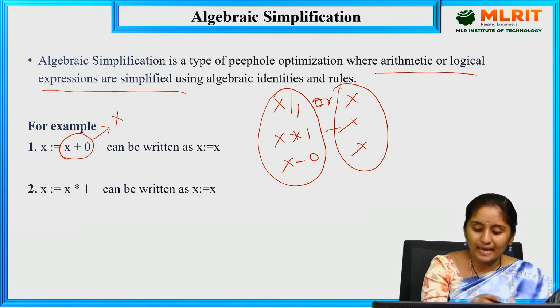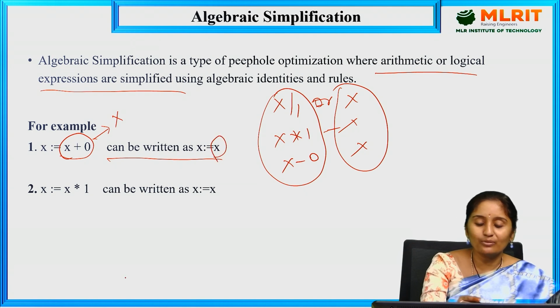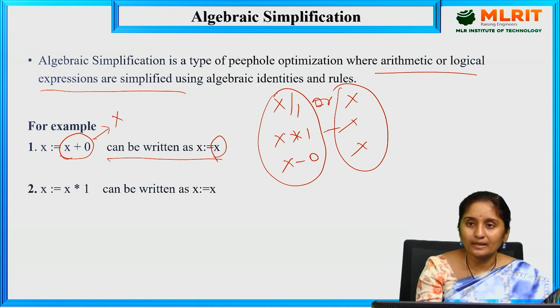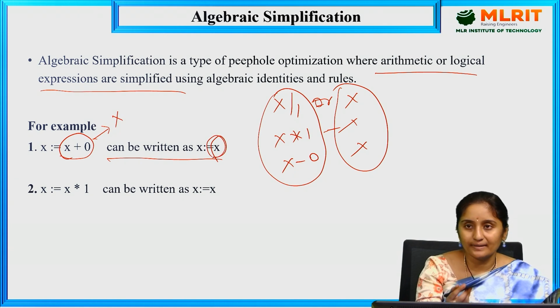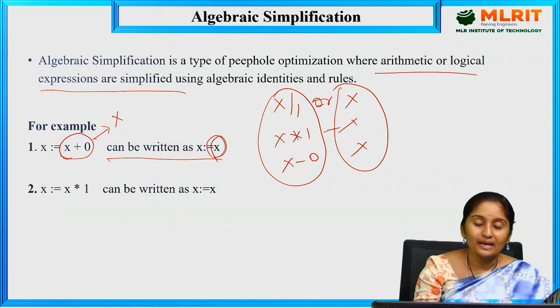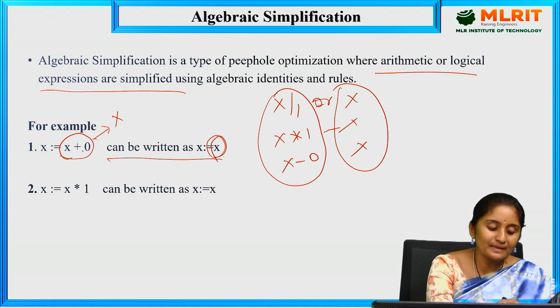Likewise x minus x. Instead of writing all these statements this way, we can write a single statement directly. We simplify those algebraic expressions, or identity rules, and write them as the direct value. By doing this, the program execution will be faster. Why? Because for x plus 0, the values are stored, the two should be added, and again the result should be stored.